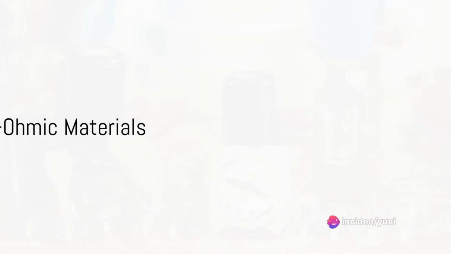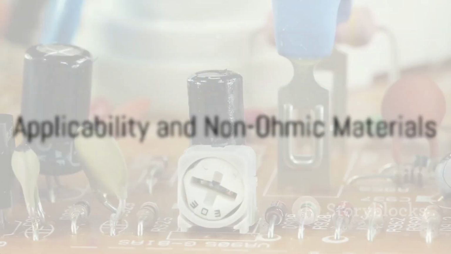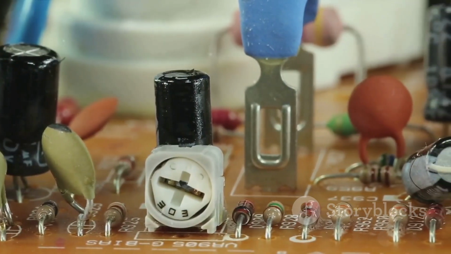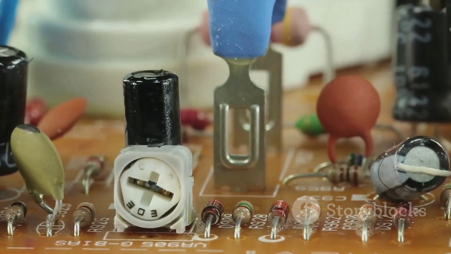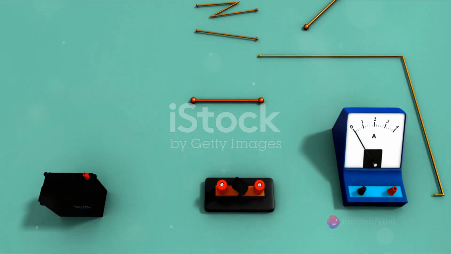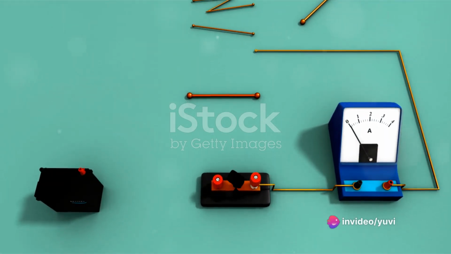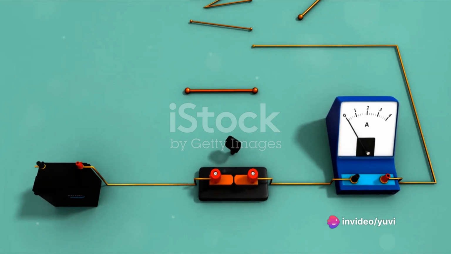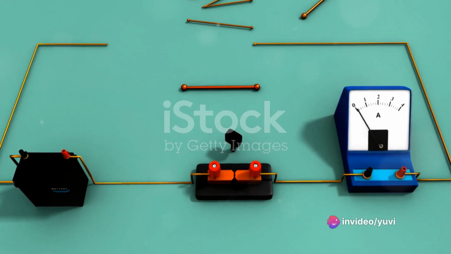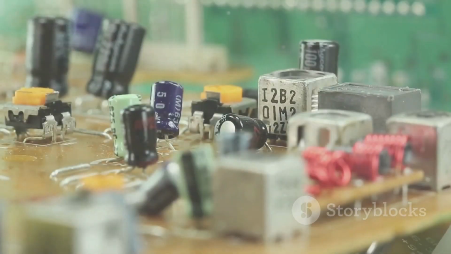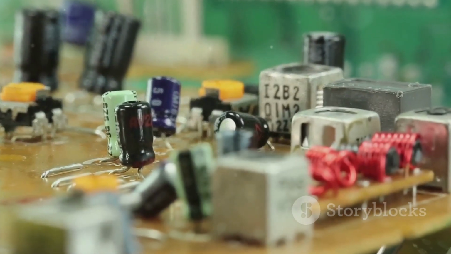Ohm's law is an empirical relationship that accurately describes the conductivity of the vast majority of electrical materials across several orders of magnitude of current. However, some materials do not obey Ohm's law. These are termed non-ohmic. To summarize, Ohm's law is a fundamental principle of electrical circuits that describes the relationship between